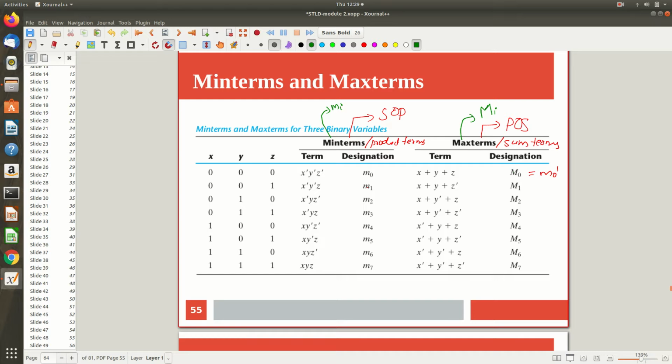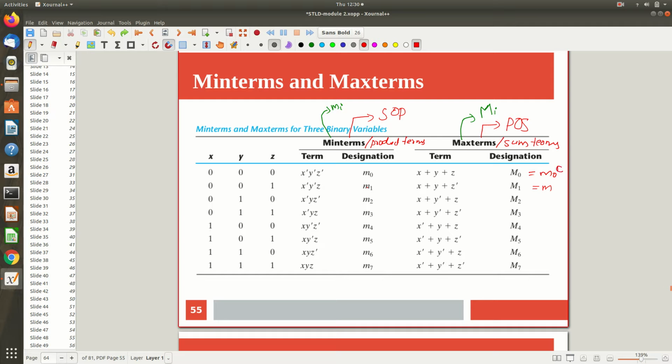And max terms also come as 0, 1, 2, 3, 4, etc. You can see that it is nothing but taking each min term and taking its complement, which gives you the max term. This is min term 1 complement, min term 2 complement, etc., and this is min term 7 complement. You can use this notation or this C, whatever it is. Clear? Like that you are getting it. Maybe the C will be more clear for you, right?